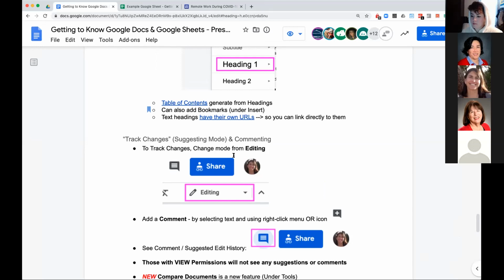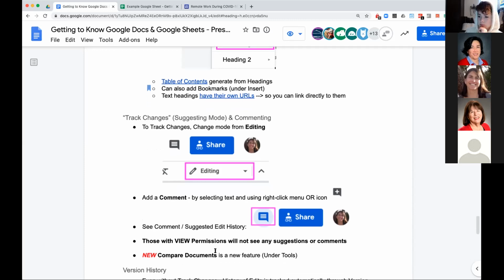And if you share a document with somebody with only view access, this is all they'll see. They won't have the ability to add comments or suggestions, and they will not see any comments or suggestions. They'll only see the final document as it is, which is basically any suggestions that have been accepted. And if you were to not accept any of the suggestions, that's what it would look like.